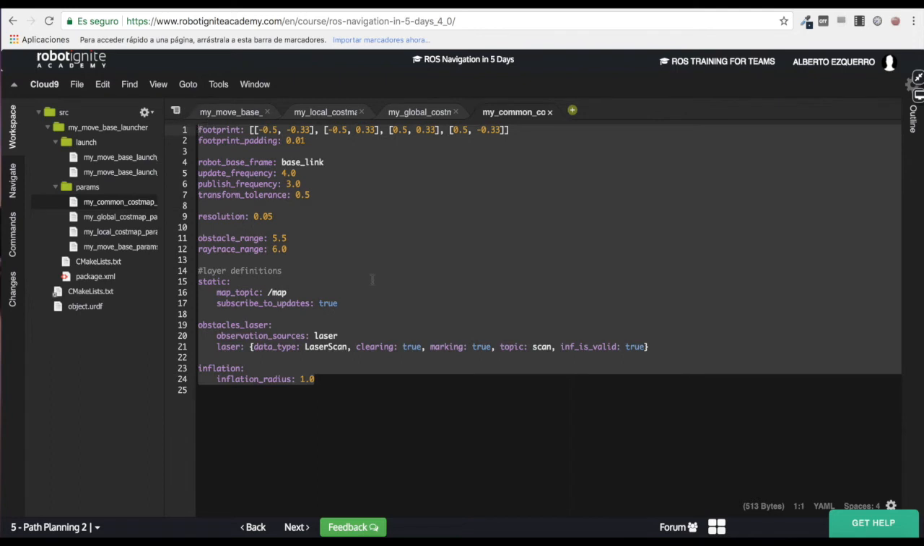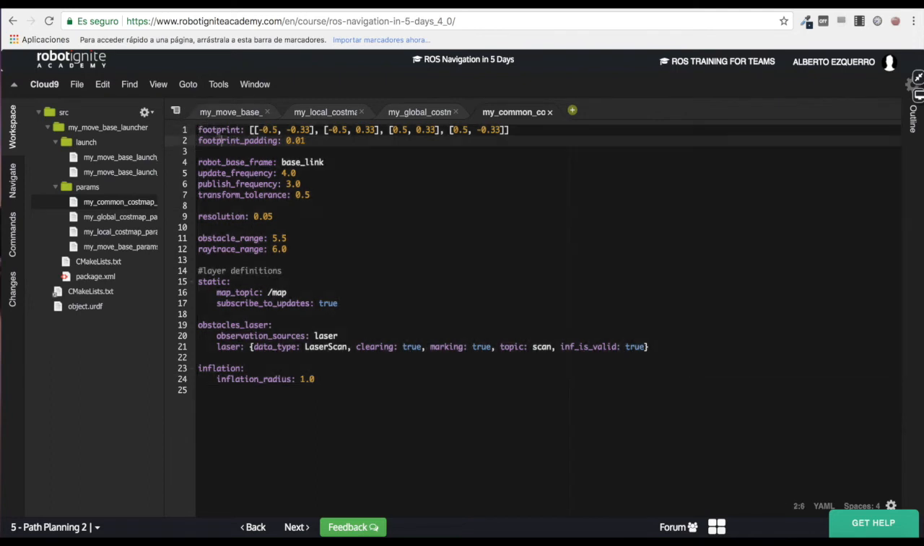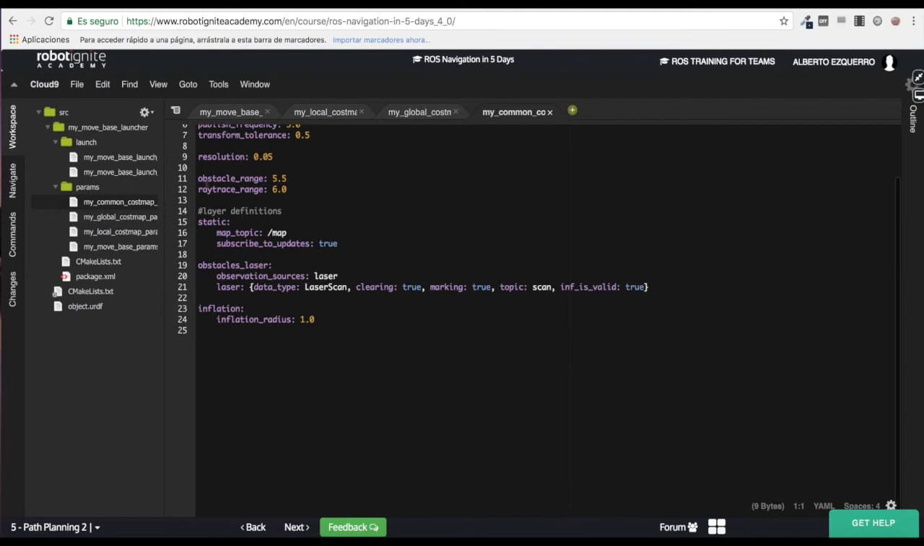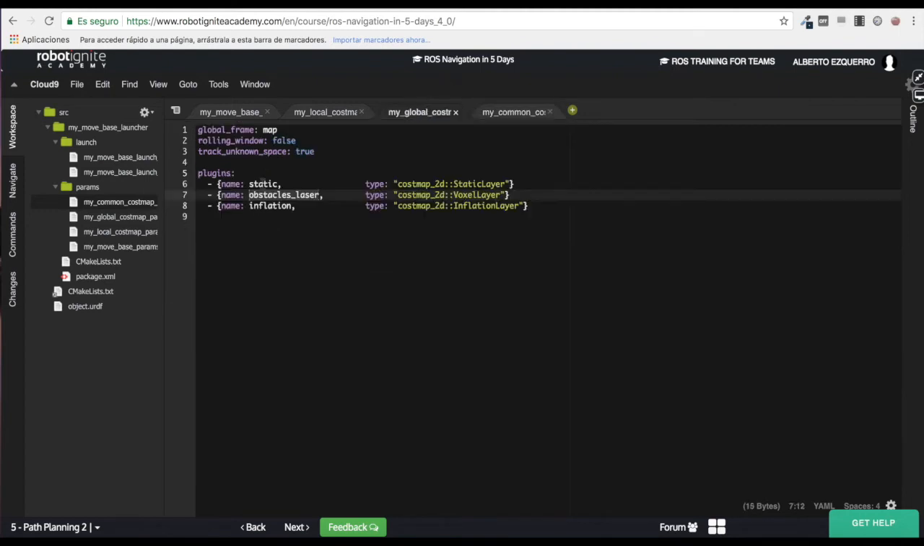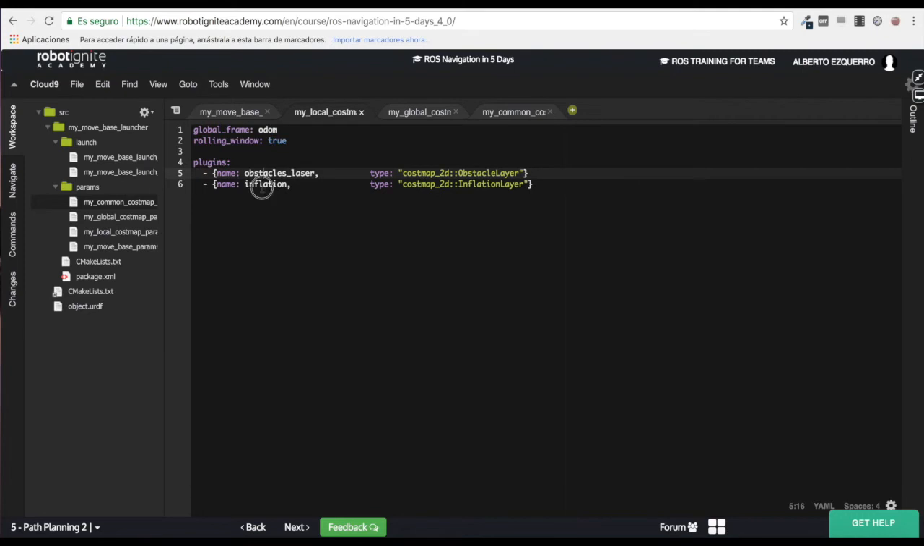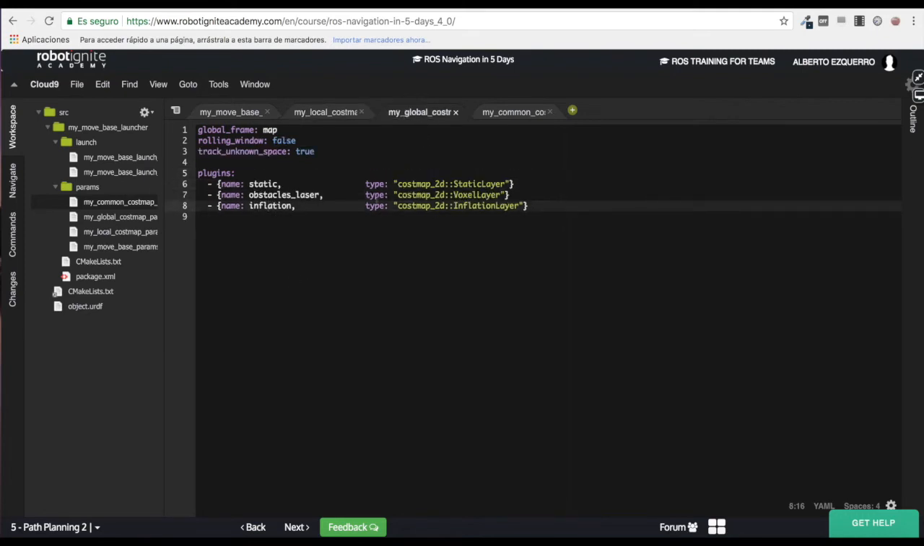As you can see here, I have some parameters like the footprint. I have also a robot base frame, update frequency, well, some parameters, and also some ranges for the obstacles. And here I have these names: the static, the obstacles laser, and the inflation. Yes, these are the names. Static, obstacles laser, inflation. So basically